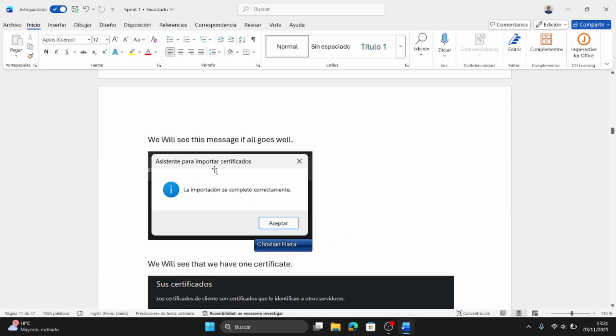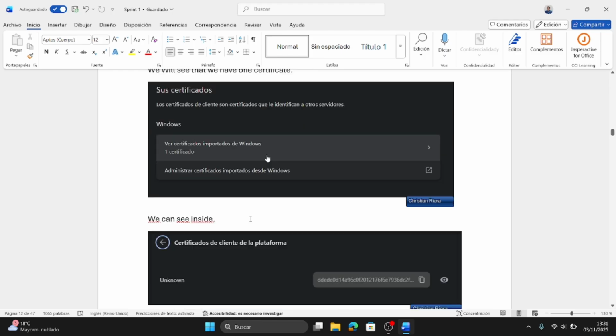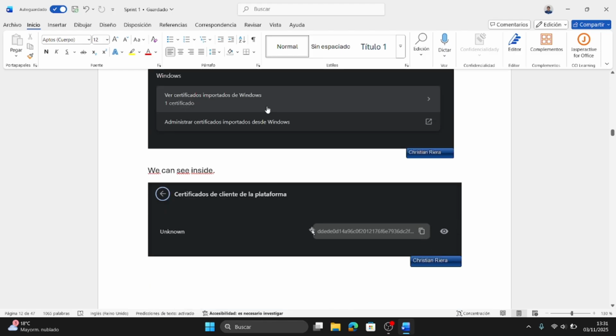If the password and all the data we include is correct, it's going to say that the importation has been correct, and we are going to see now that we have one certificate. If we click, we can see it inside.